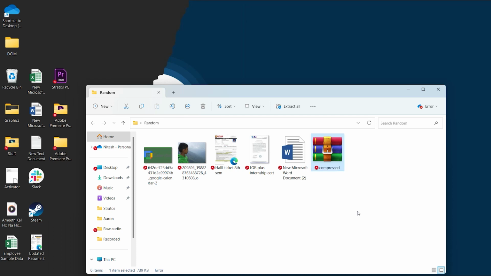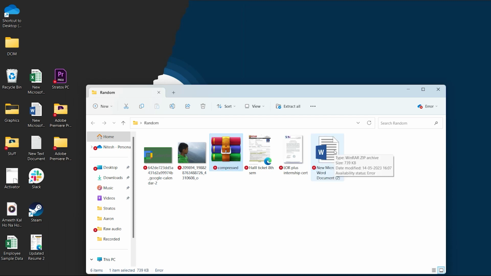So I have named this file compressed, and as you can see, I have WinRAR installed in my computer, which is why zipped files are saved as WinRAR zip files. If you don't have WinRAR, it will still work because Microsoft can natively compress and decompress zip files, but WinRAR is obviously better, and you can even use WinRAR to compress these files, which is, again,